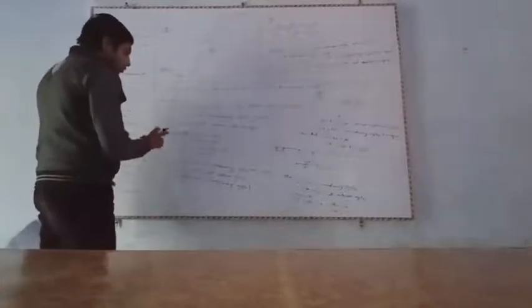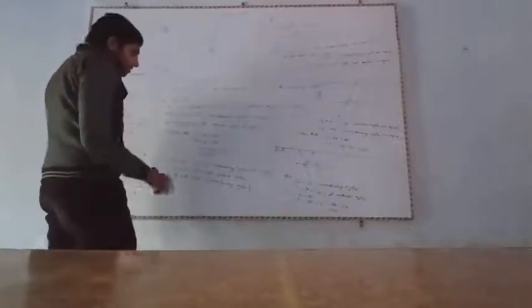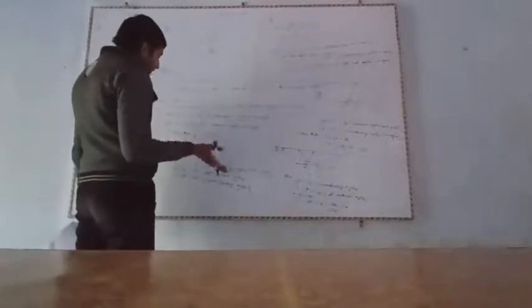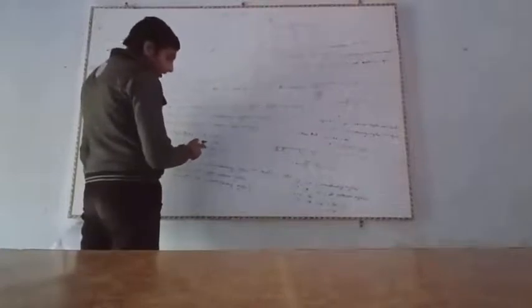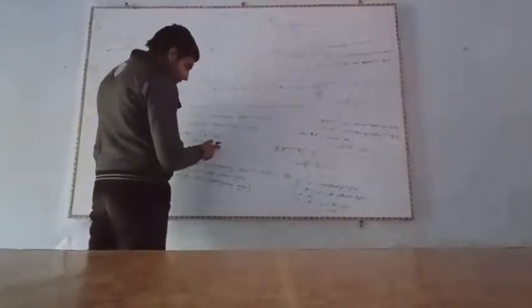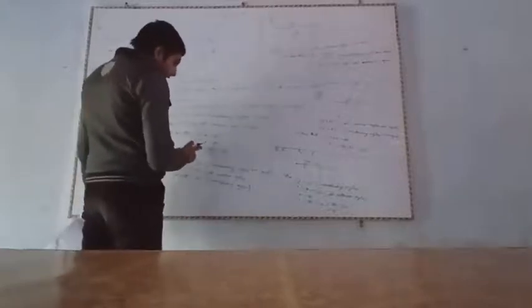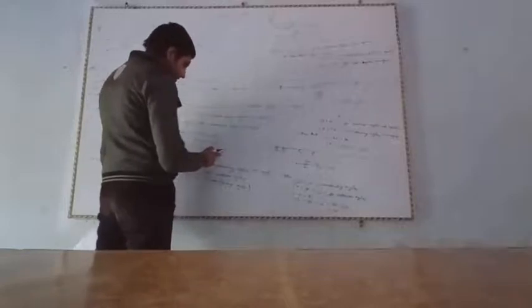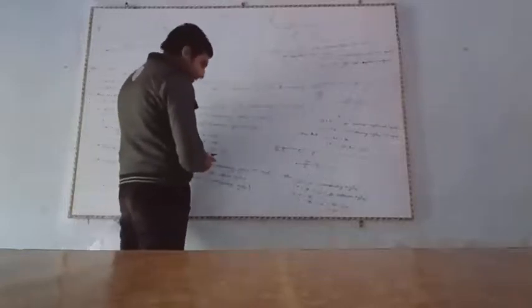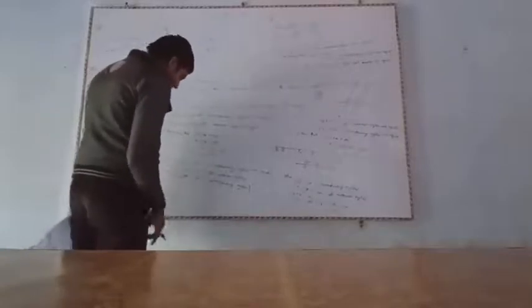Okay. So we know that angle 1 plus angle 2 is equal to 180 degrees because of linear pair angles. Angle 1 we already have: angle 1 is equal to 60 degrees. Then 60 degrees plus angle 2 is equal to 180 degrees. So from here angle 2 is equal to 180 degrees minus 60 degrees. Then angle 2 is equal to 120 degrees.